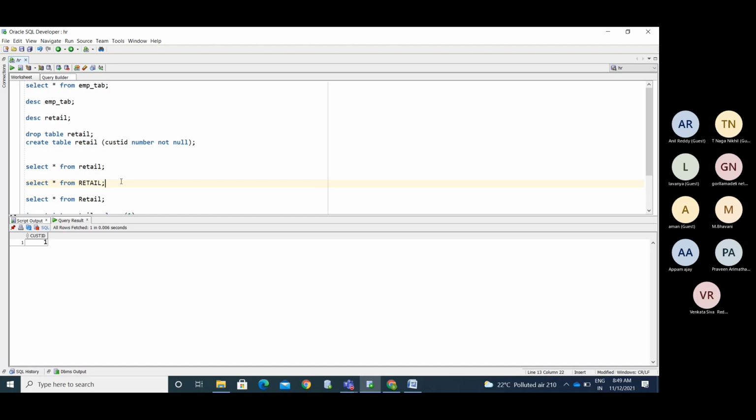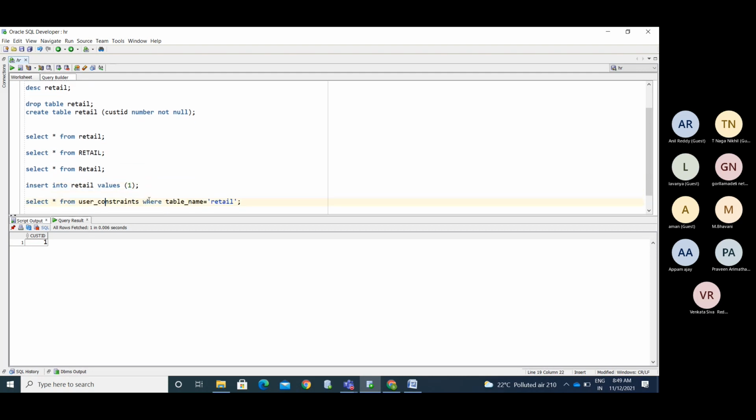Okay. So if you are dealing with table data, you need to be aware of what format we have in the database. That format you need to mention. If it is capital, if it is small, if it is mixed case, it needs to be provided in that way. That is the meaning of Oracle data being case sensitive. Oracle object names are not case sensitive. Okay, so now if I search with the capital letter, I can get the data in this.